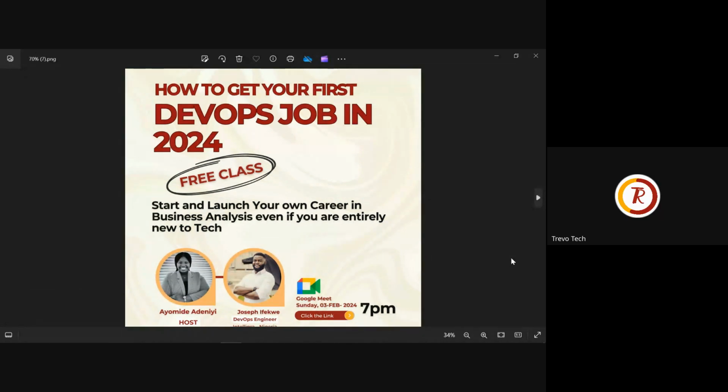Okay, so the first question is, are there transferable skills and knowledge from app support to DevOps? And the second one is, what was the transition process like? Personally, I even had it in mind to ask Joseph about the transition process for not just someone in app support, but generally anyone who wants to transition. What is the process like? Do I have to write an exam somewhere first, maybe an entrance exam, or what's the process like? So, Joseph, I think you should answer the question about transferable skills and also touch on transitioning generally, right?